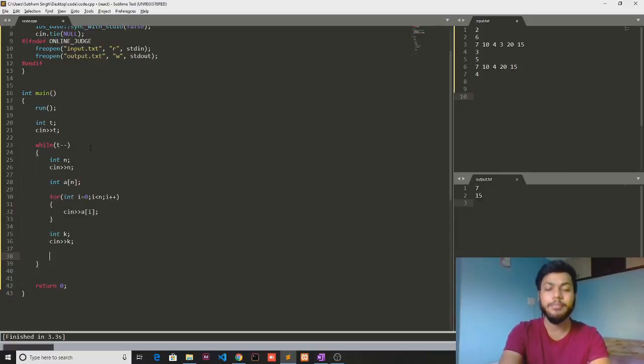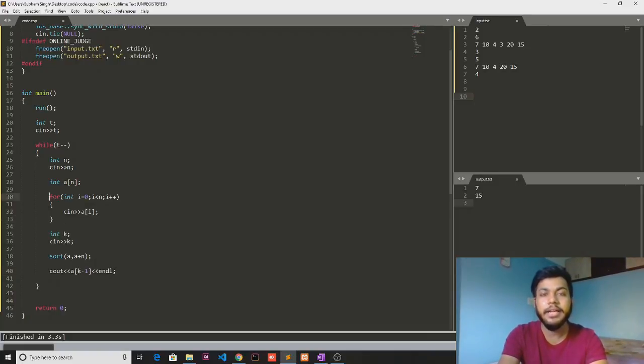So the easiest method that you can use is just sort the array. This is how you sort the array in C++. This is a built-in function in C++ that you can use, and then just print out the kth element of the array. This is the easiest approach, okay, but it takes n log n time. And also I did k minus 1 because I've taken the array in zero based indexing. Okay, let's compile it.